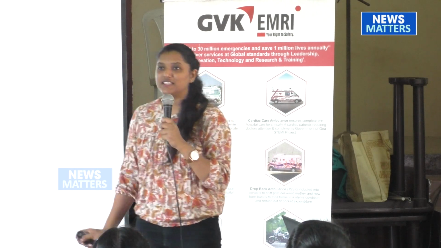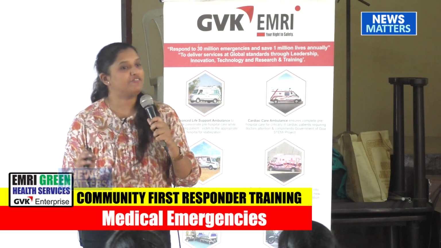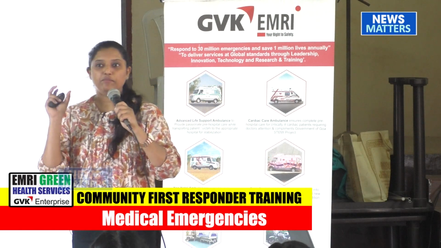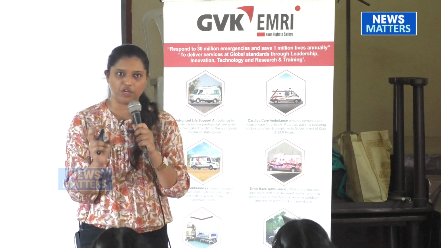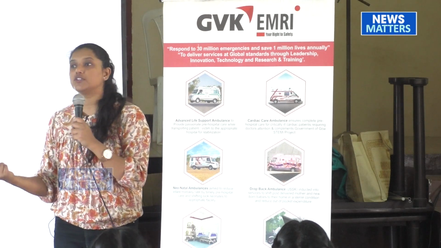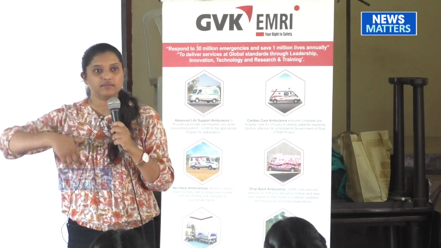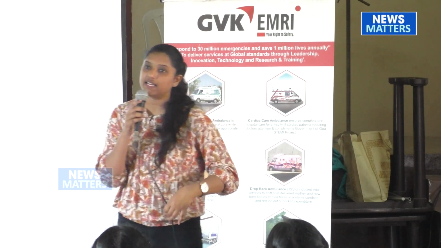Fainting. Now these cases you all might have seen. This might have also happened with a few of the students. What is fainting? Brief loss of consciousness for a short period of time. The patient is unconscious. Again, the problem is with the brain, blood supply is not reaching the brain. That's why. What other reasons can there be?